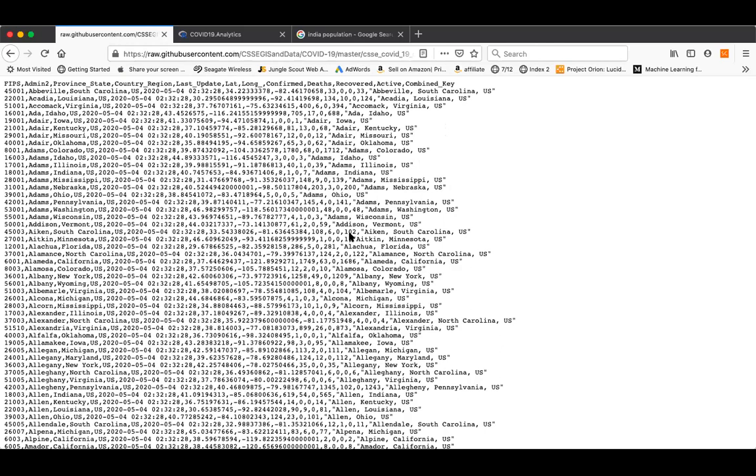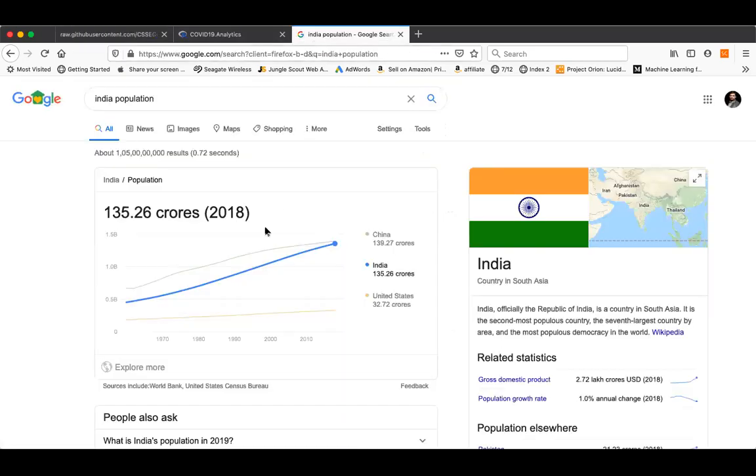Anyways, we'll see it in R Studio. So this is the dataset, and we are going to use the India population of 135.26 crore.